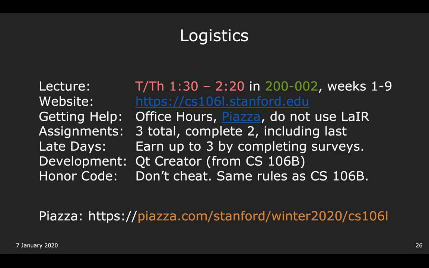All right, honor code. Same rules as with CS106B. Don't cheat. The more specific rules you can read online. Basically, the assignments are individual. We don't foresee that these assignments are going to take too much time, so we want you to do it individually. They're mostly for your own practice. Don't Google CS106L assignment 1 and try to find the solutions to them. Just don't cheat. Do it for your own learning.